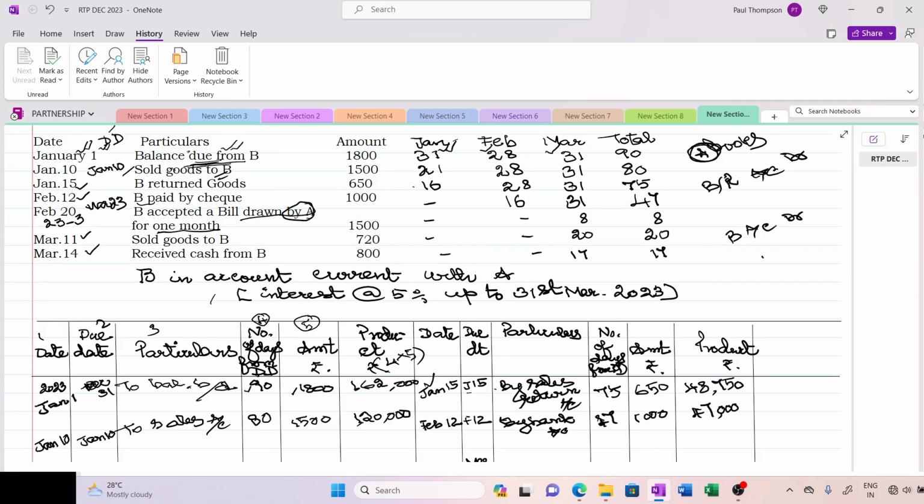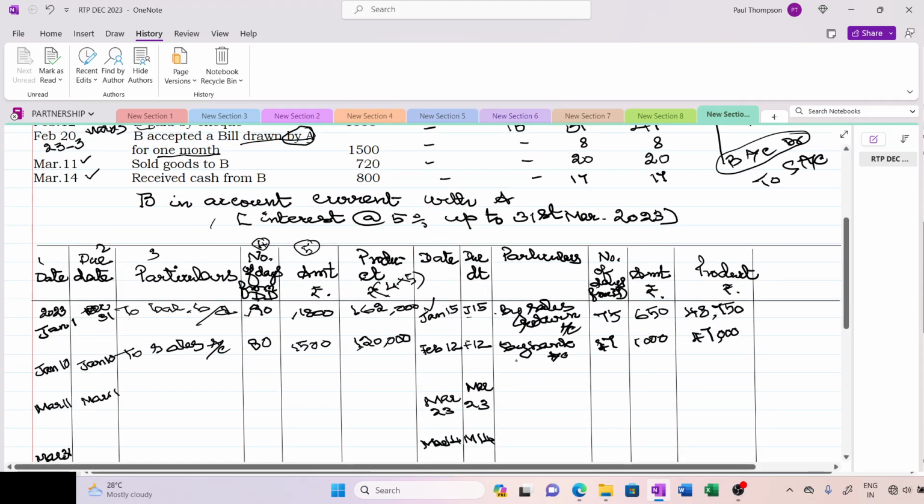to sales account. Now this B has given me, he said that please don't keep my name, take the bill. So now he has given the bill. So I have to credit B. So bills receivable account debit to B account. So this will appear on the credit side. So come to this side. So the amount is,